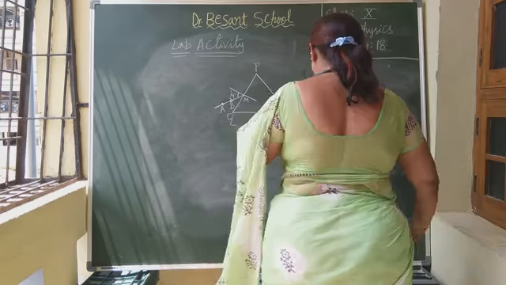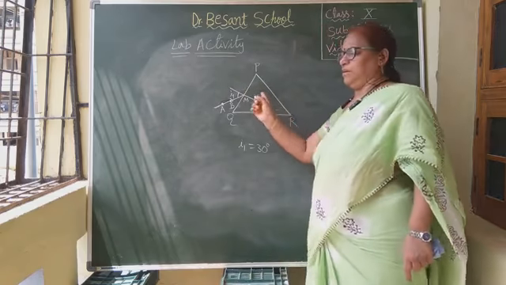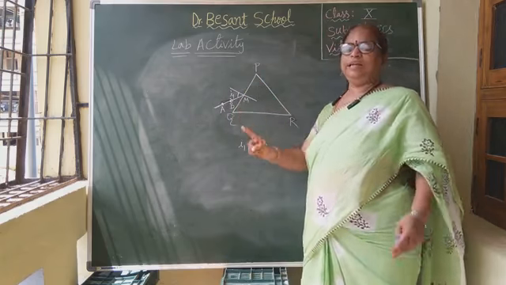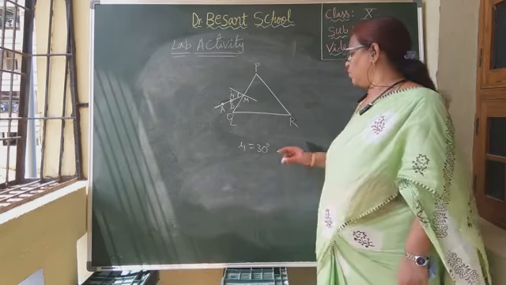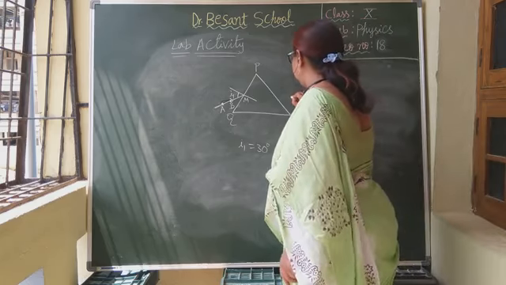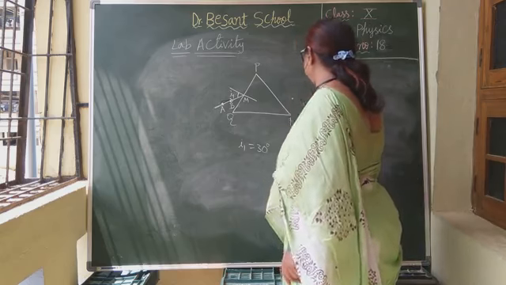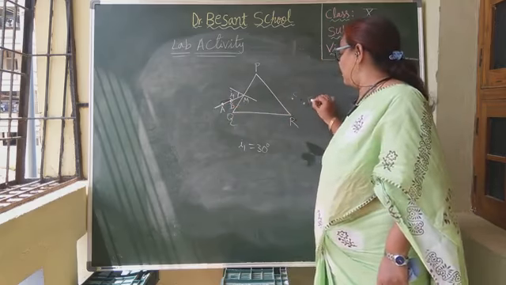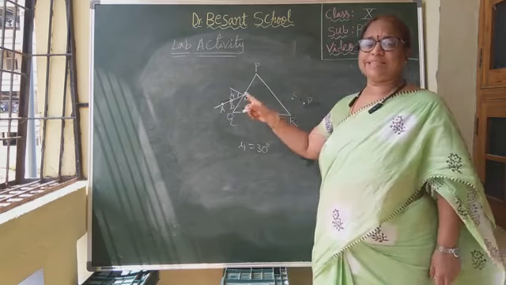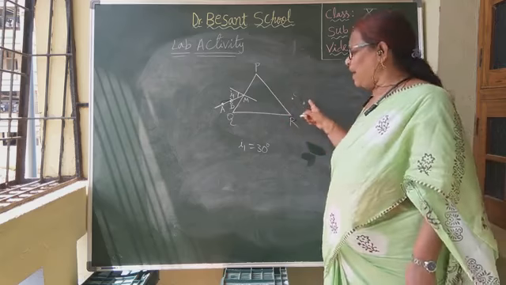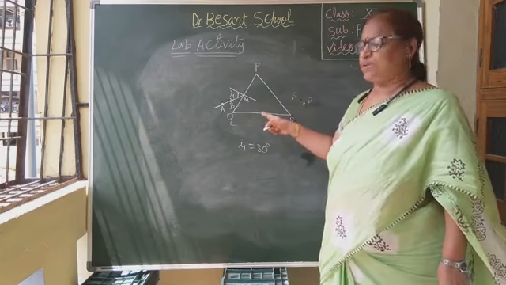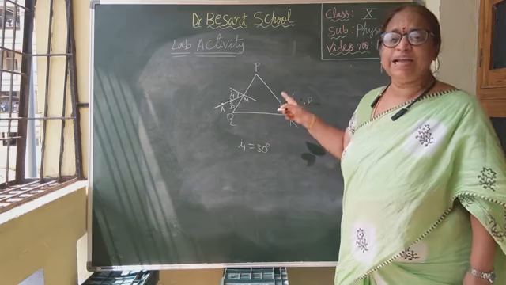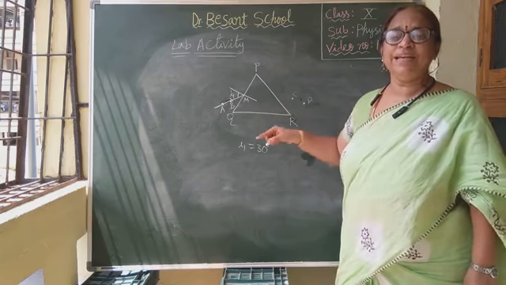Now what you will do is, observing from this side PR, observe the two pins from this surface, and take two more pins and fix them as C and D like this. Observing these pins, we should fix two more pins C and D such that all four appear in a straight line. While looking through the glass prism, all four pins A, B, C, D should appear in a straight line.